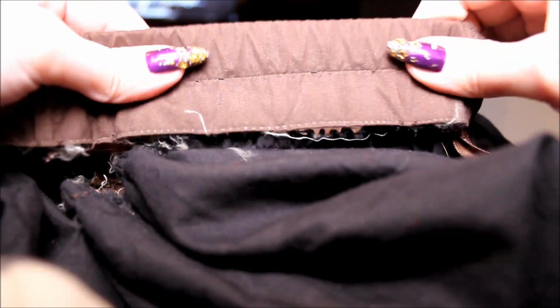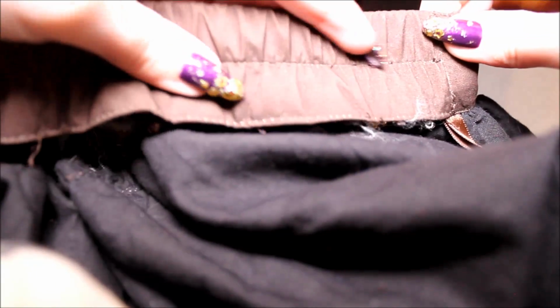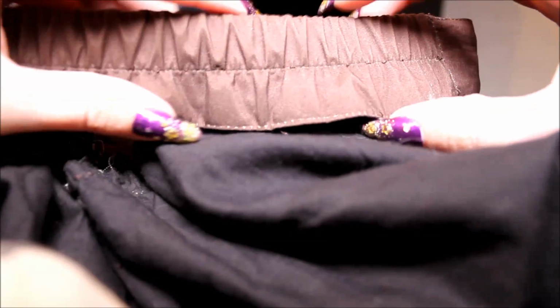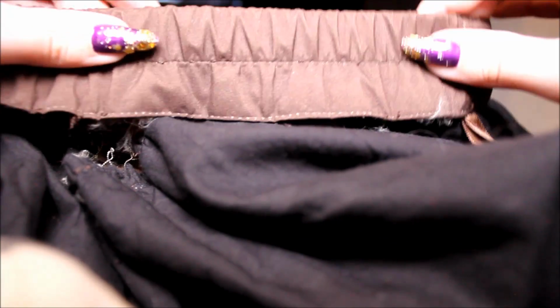And if you don't put in new elastic, you might want to take either official supporting fabric or just take any random fabric that you have left over from a project and put it in the waist seam so that it really supports it to hold it up. If you have a wider waist belt. If you have a very narrow one, then you probably won't need one because it doesn't need that much support. And I'm going to start